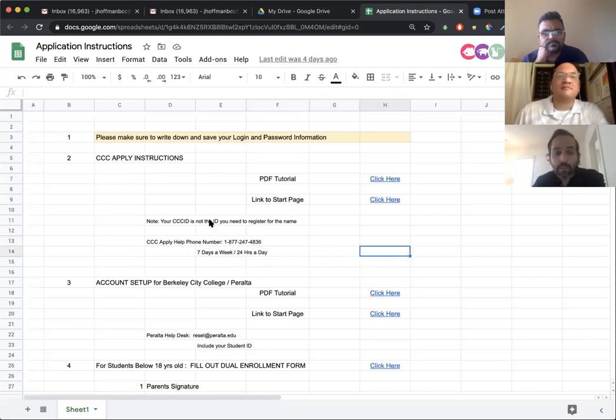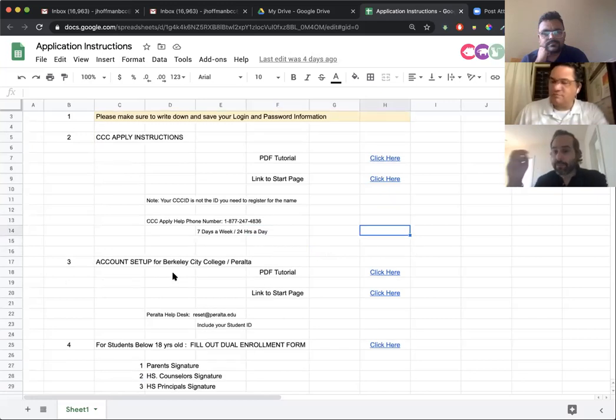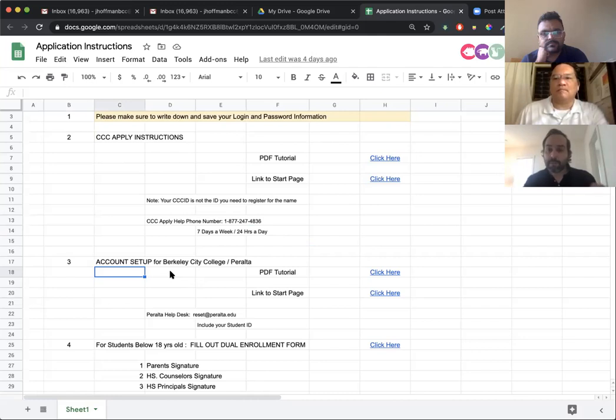After you do CCC Apply and you receive that email, you want to set up your account with Berkeley City College, which is part of the Peralta system based out of the Bay Area of San Francisco. Berkeley City College is one of the colleges within this network. After you set up the account with Berkeley City College, you're essentially ready to enroll, and at that point there will be enrollment steps. I don't have a tutorial for the enrollment process yet, but we can work on one